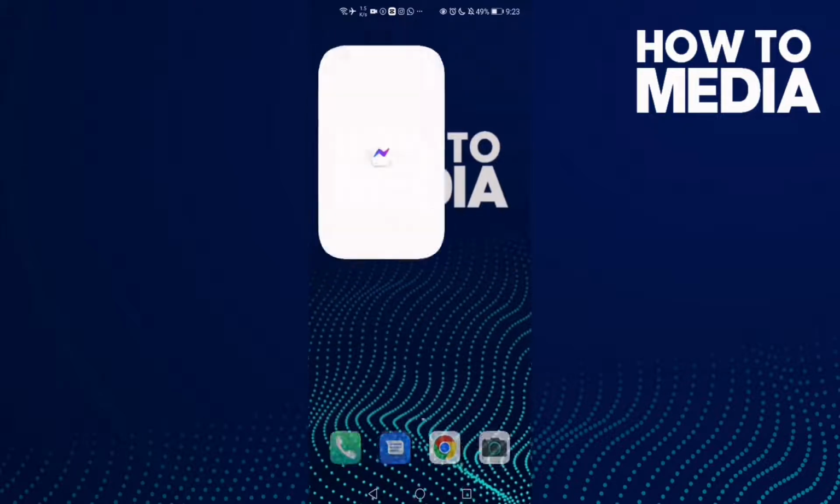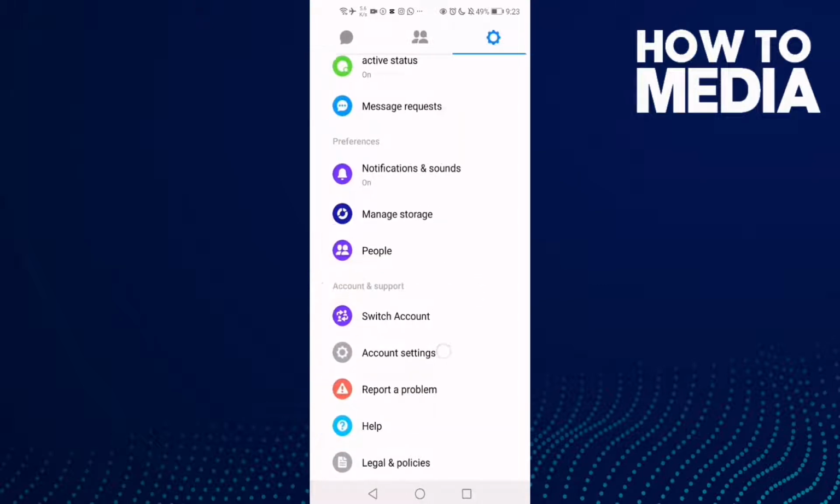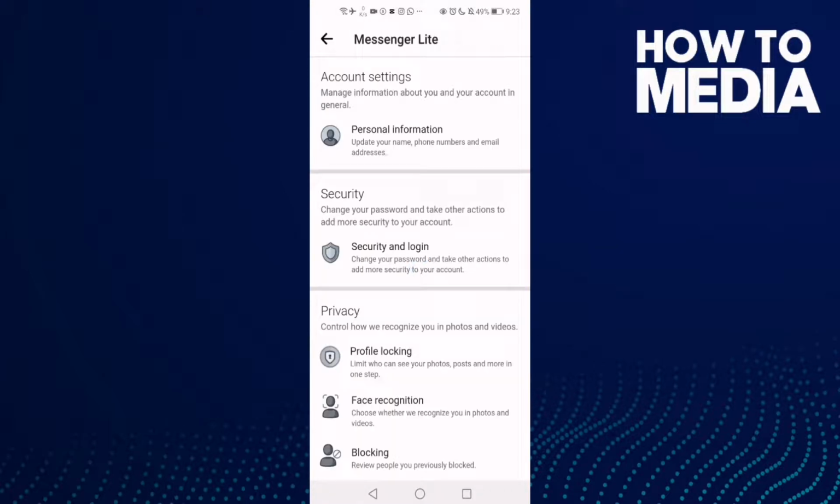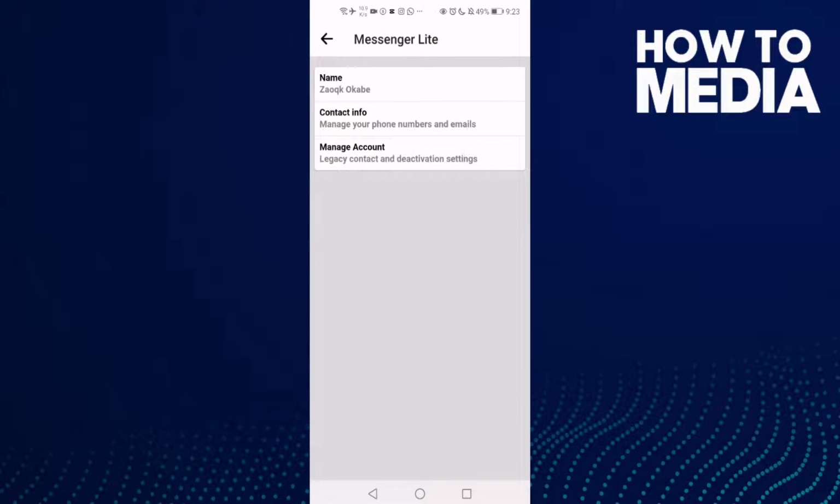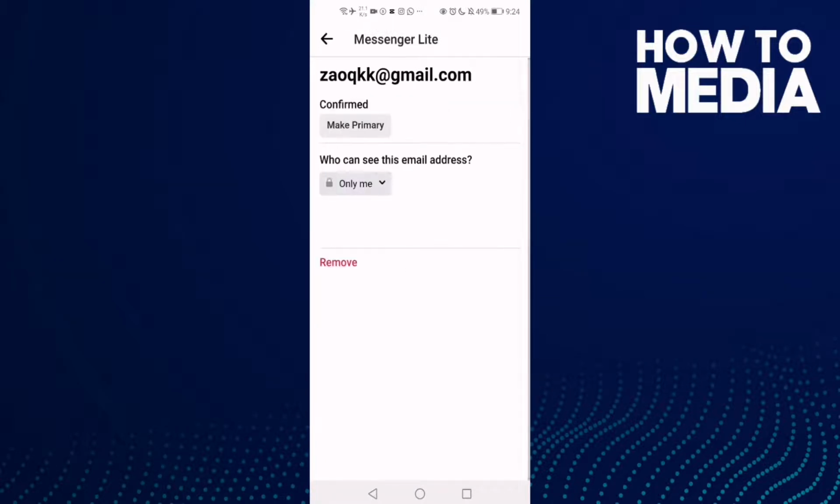First I need to go to Messenger Lite and now click this settings icon in the top corner and go down. Here you will find account settings. Click on it and now click personal information and then just here you will find contact info. Click on it and then click on your email, and as you see here you can